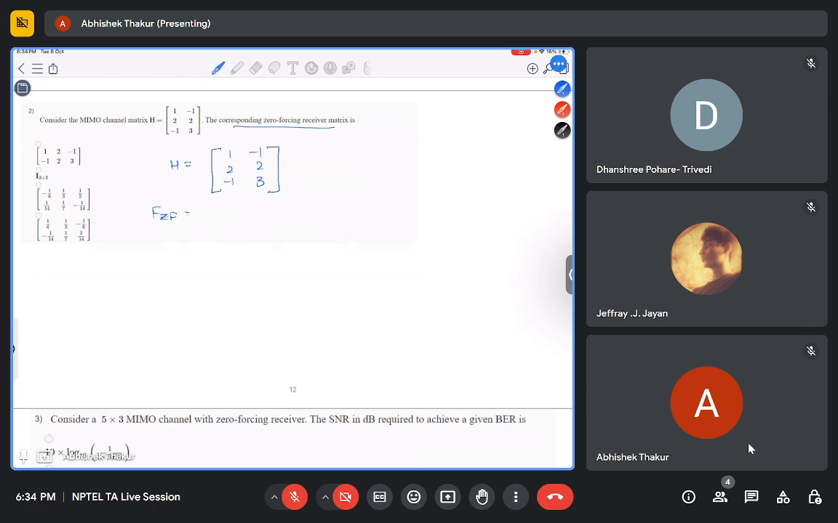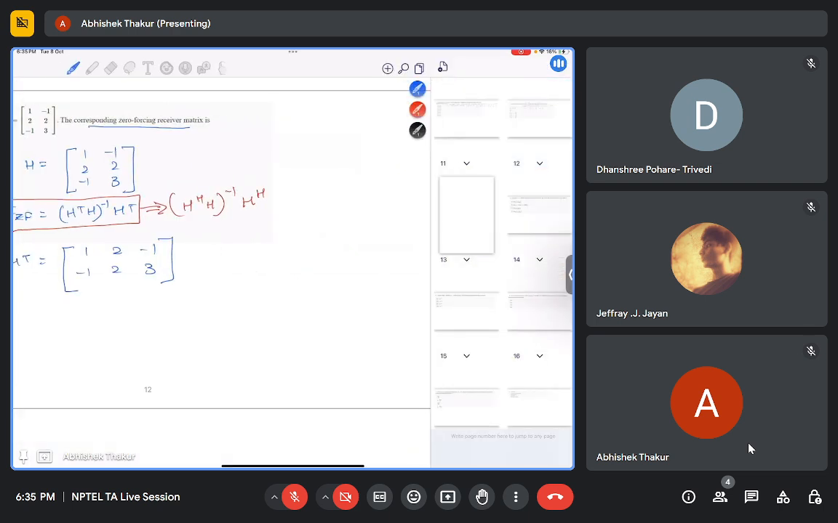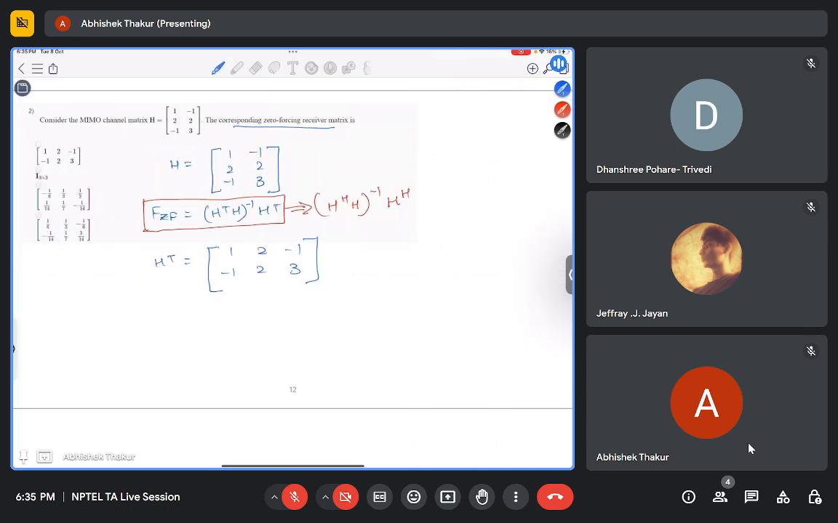So F_ZF is the zero forcing receiver matrix, given as (H transpose H) inverse times H transpose. Basically you can write this when the channel has real numbers, but when it is a complex channel, it can be written as (H Hermitian H) inverse H Hermitian. So in the real case we will find it like this. H transpose is equal to 1 2 minus 1, minus 1 2 3, and this is also finding the pseudo inverse. So now our H transpose into H, that is given as